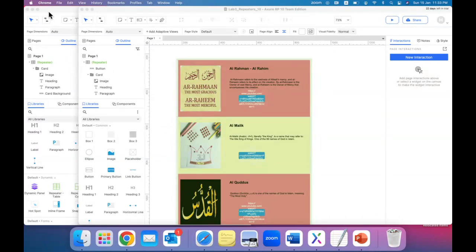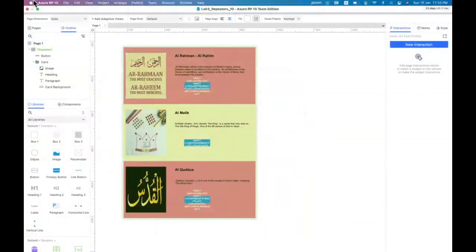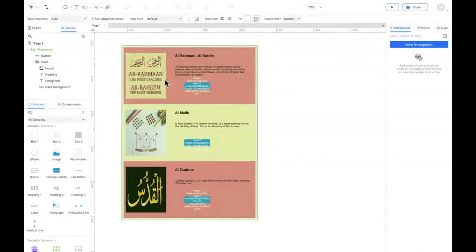Let us see how a repeater looks when it is run in the browser. So here I have designed an application interface which is holding the repeater to list three names, a paragraph description about the product or the name, an image displaying the name of the item, and a play button which links to the external URL which describes more details about this particular